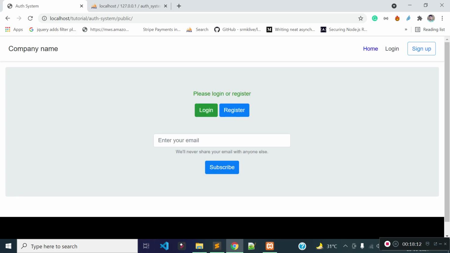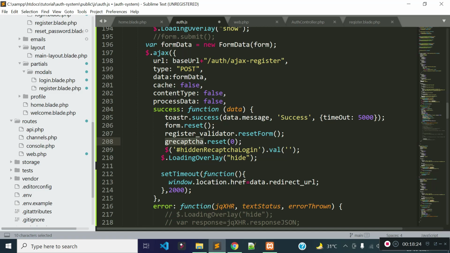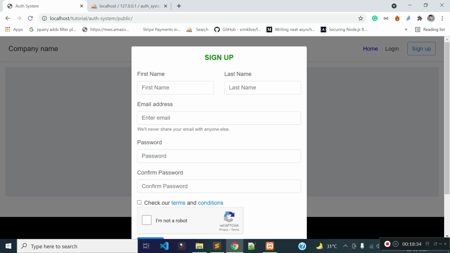So the reCAPTCHA for our login form will be inside index 0, and the reCAPTCHA for the registration form will be inside index 1, right? So I will reset the reCAPTCHA at index 1 because the reCAPTCHA inside our registration form is at index 1.